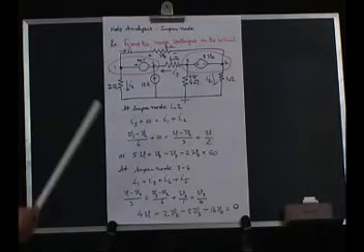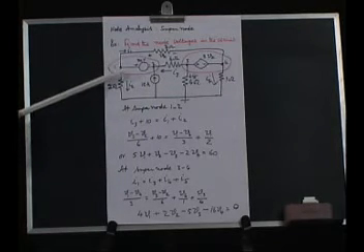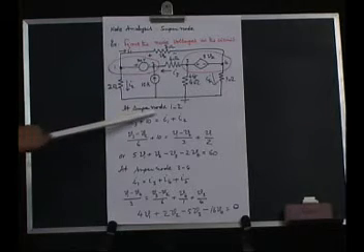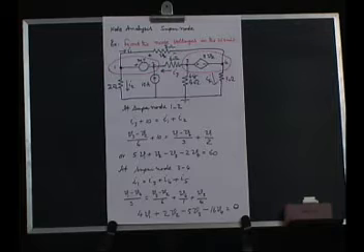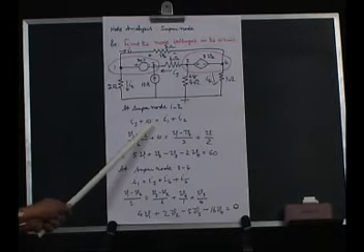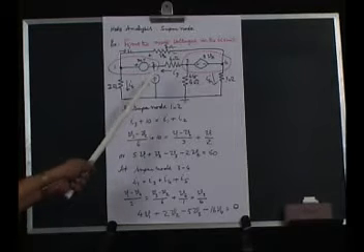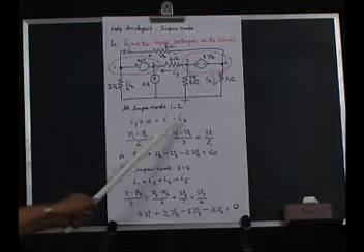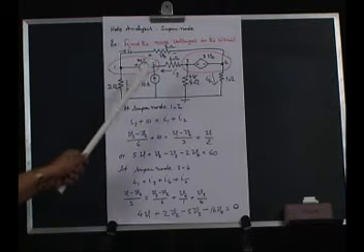What are the currents leaving the node? I2 is leaving and I1 is also leaving. That is why at supernode 1, 2, Kirchhoff's current law says the sum of the currents entering, I3 and this 10 amperes, equals the sum of the currents leaving, I1 and I2. I1 is this and I2 is this.